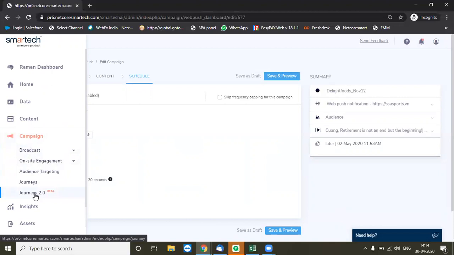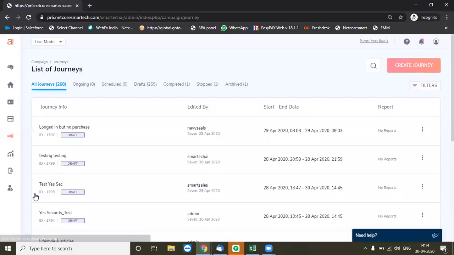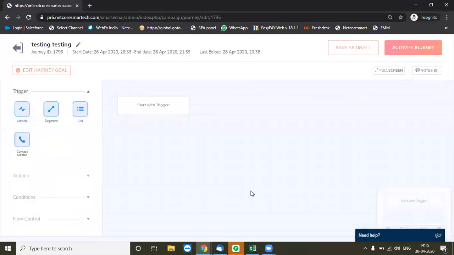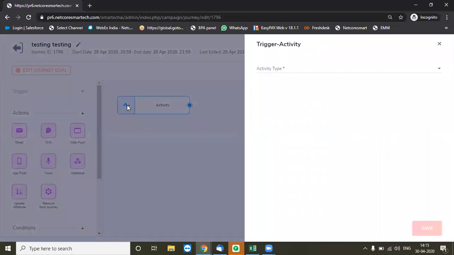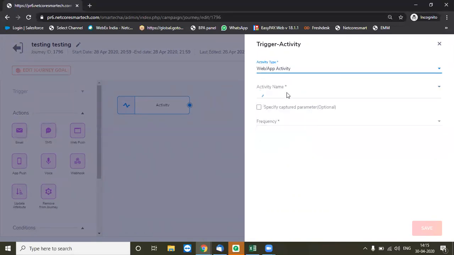Then the most important thing, what about orchestrating journeys? Yes, we have that option available now within the panel where you can set up your workflows. Let me show you one typical workflow, how easy it is to create. It's a drag and drop module that we have launched, and it's so easy that you can select an activity, maybe a dynamic website activity, to be the starting point of the automation, wherein you can target customers, let's say, who have done a particular website registration. So I can use that as a trigger point.